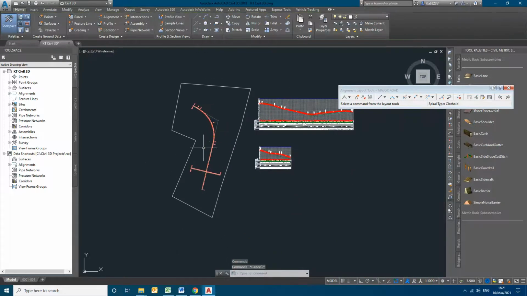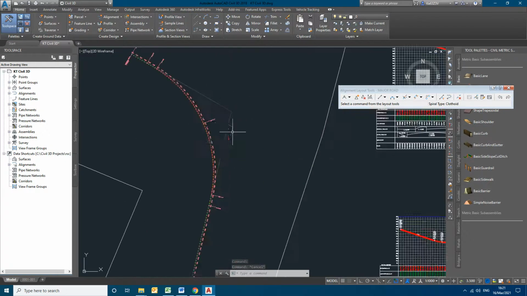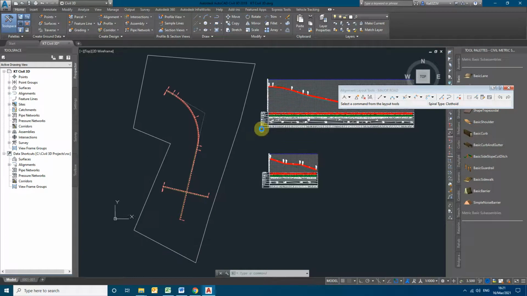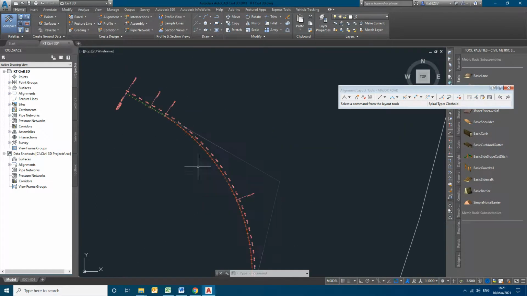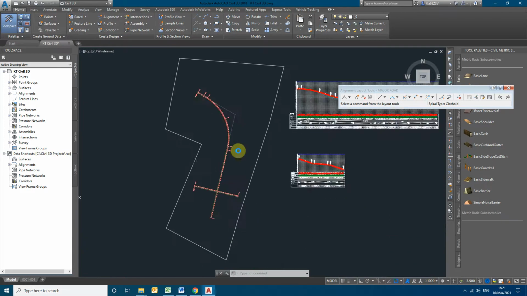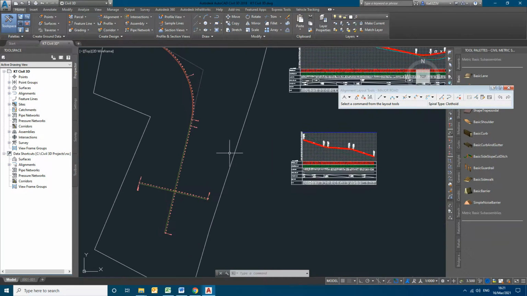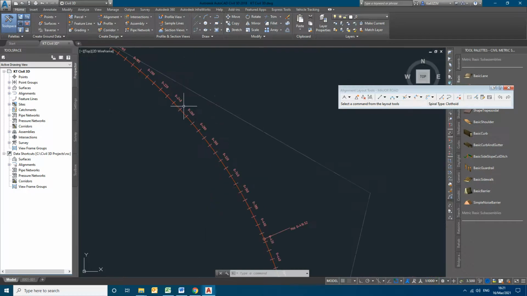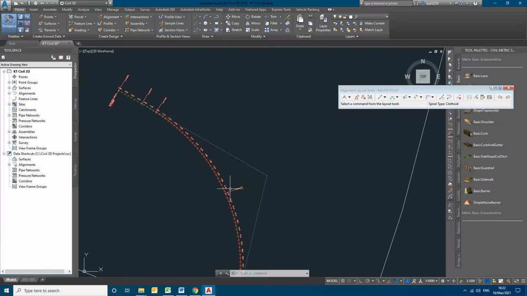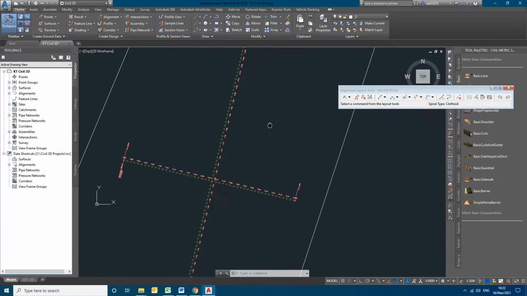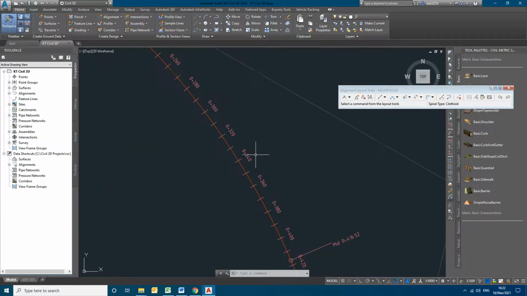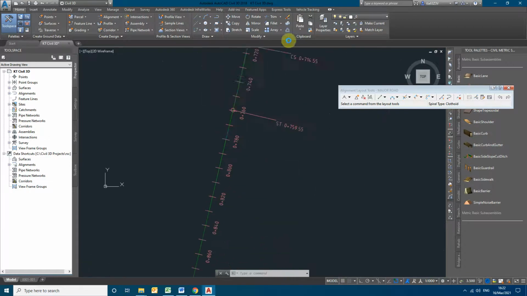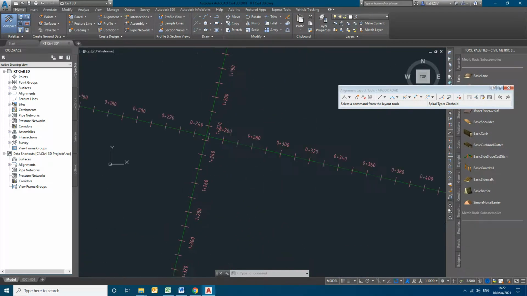This super elevation can be applied at any stage, even after applying the transition, even after applying the corridor, creating the surface. At any stage we can apply the super elevation. Until then, it will act as a normal corridor. I will show you how the super elevation is applied and how it shows once the corridor model is done. So we can clearly identify whether it is applied or not. Without the corridor, even if you apply the super elevation, you cannot find out the difference. So I will be doing it once the corridor surfacing is done.